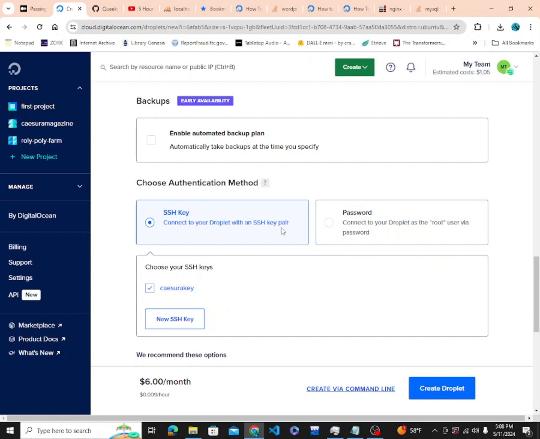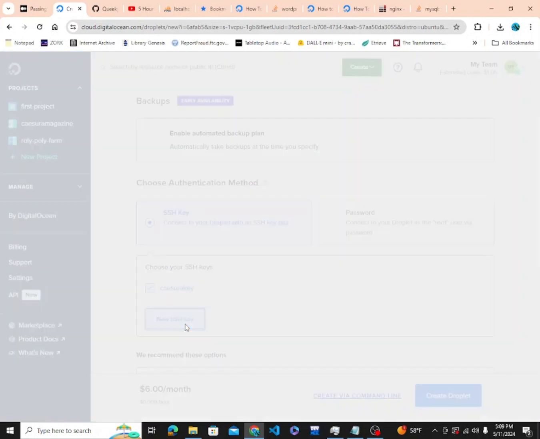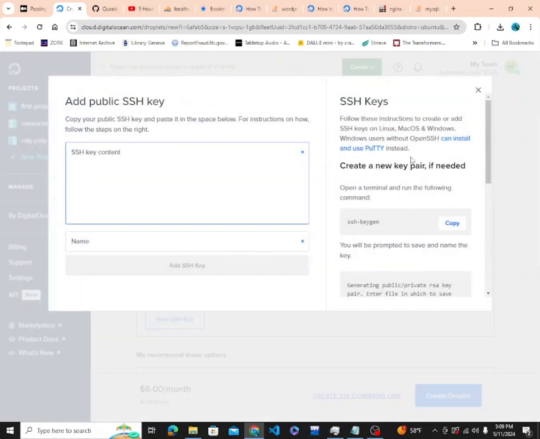It's just a key pair, a public and a private key. The private stored on your local device, and the public will be uploaded here. And it will use that to authenticate you every time you log into the server. So we're going to do the SSH key because that is a little bit more secure. I'm going to do new SSH, and then it gives you some instructions on the side here so you're not going in blind. You can generate a key using PuTTY, but we're just going to be using our terminal,